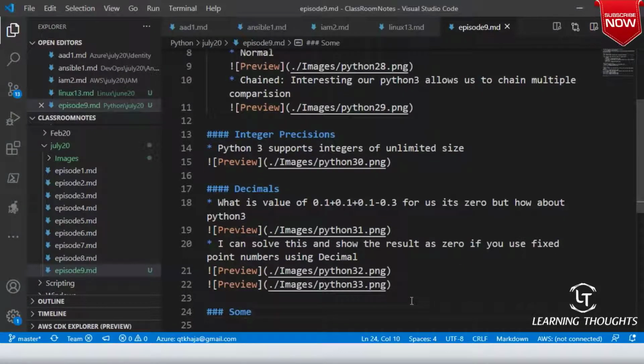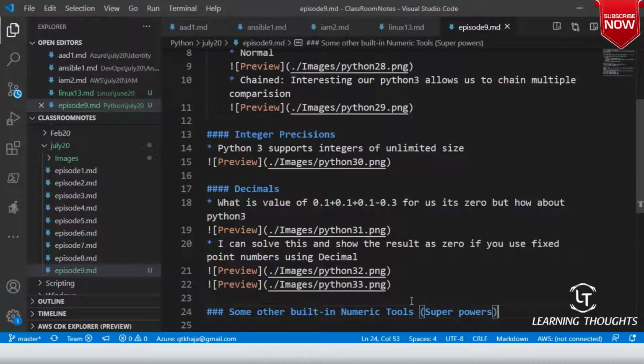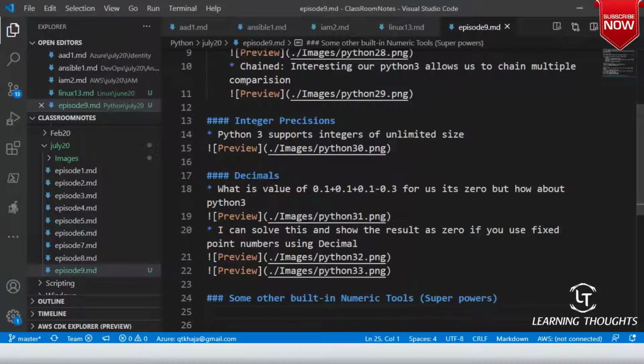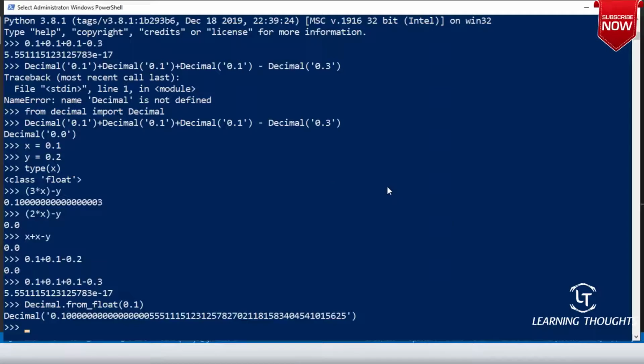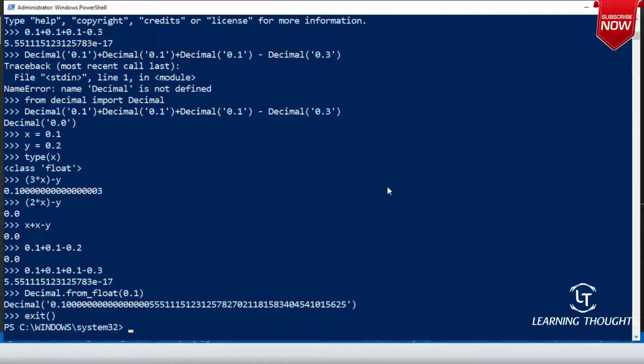Some other built-in numeric tools. So for today, what we are going to call superpowers. Now if I go around over here,